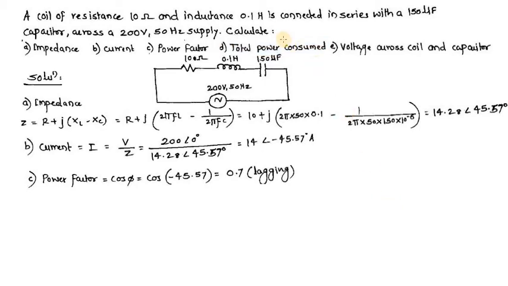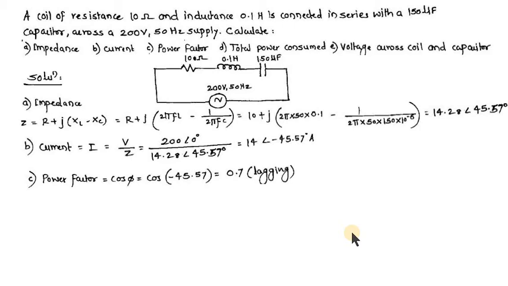Whenever it is consumed or delivered or absorbed, these words always refer to active power, because whenever power flows in the circuit, the resistor is the only thing that can consume or absorb power. Inductor and capacitor actually store power or energy during the charging or energizing cycle, and they give it back during the